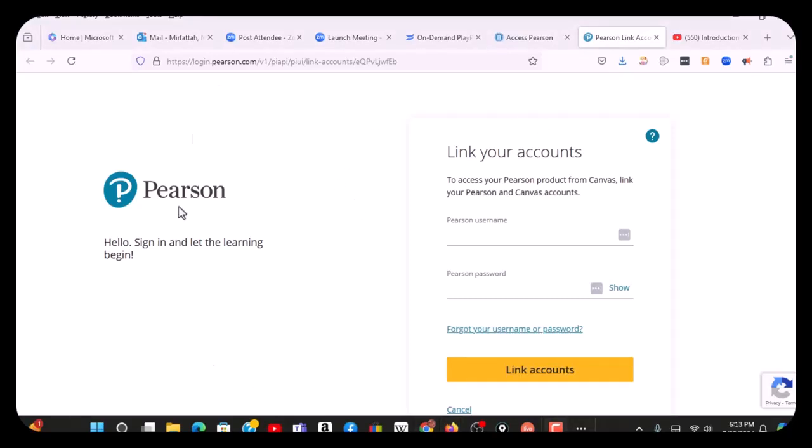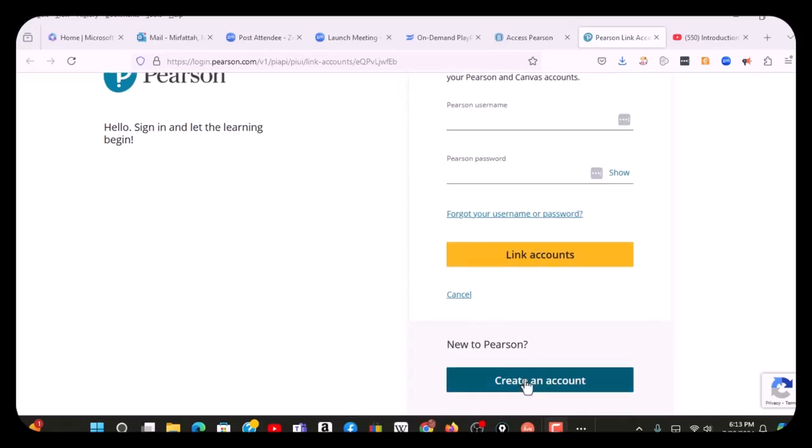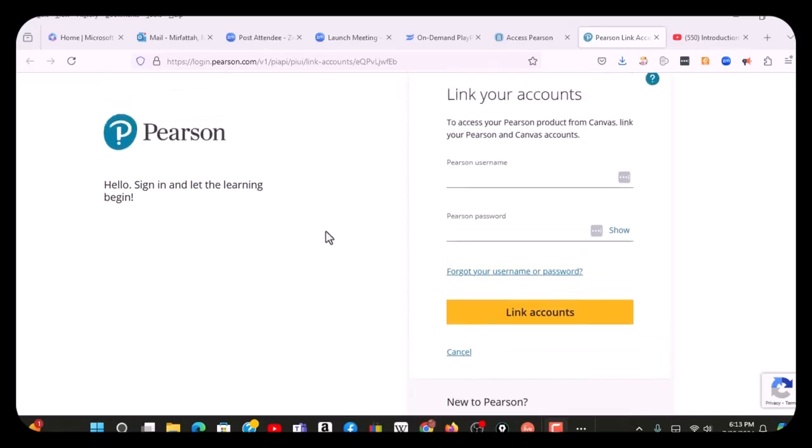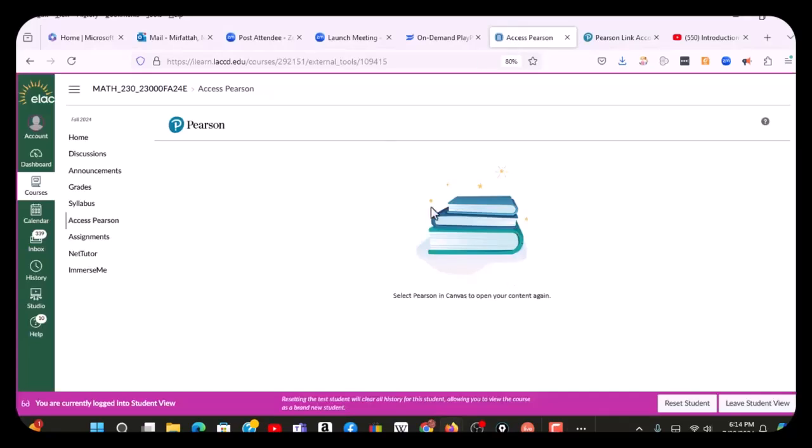If you already have an account for Pearson, you can log in that way. If not, you want to create an account and then link this to your Canvas. So every time you click on this link here, it would take you to your account in Pearson so you can complete your homework assignments and exams. So I'm going to go ahead and leave student view here